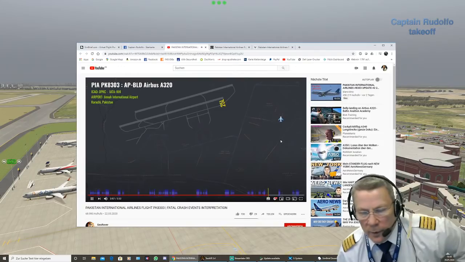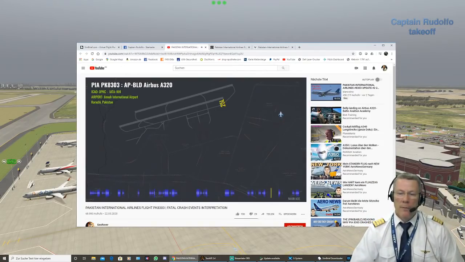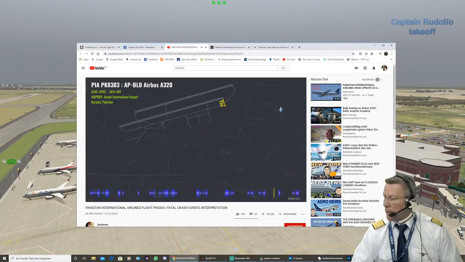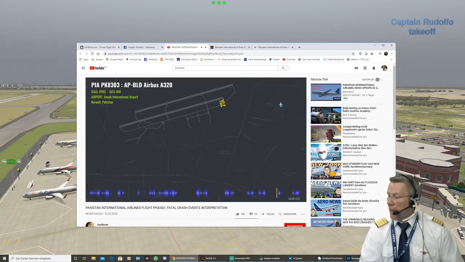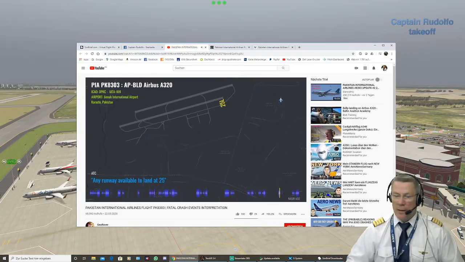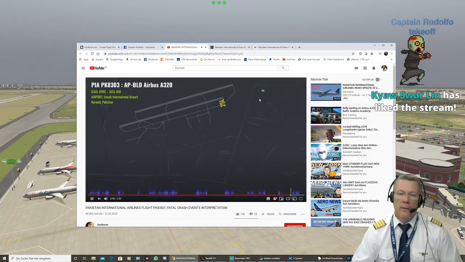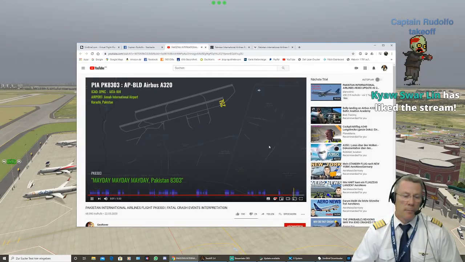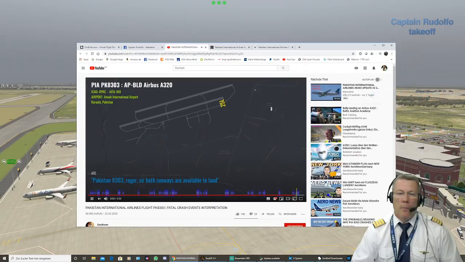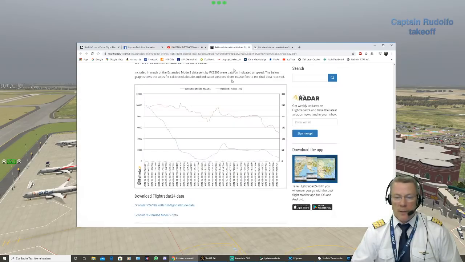So he called him, you like to make a belly now. Yes, speed too high at the runway, over 200 knots. So he can use all the runways here, but he will crash now at this place. Mayday, mayday. And then he's crashed. So okay, at this data you can see roundabout here,